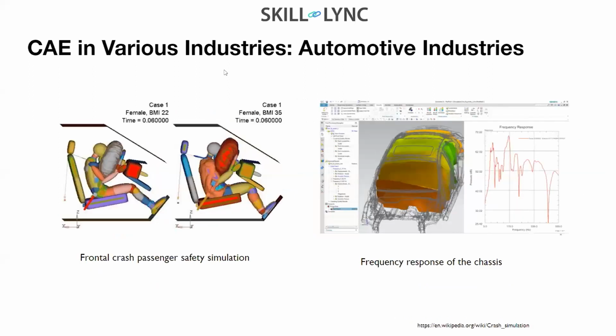Then CAE in various industries, like in automotive industries: where exactly is it used? It is used mainly for crashworthiness. What are we doing in crashworthiness? Suppose a car body is crashing. If you have the basics of engineering mechanics, you can easily understand what happens if you make the basic outer structure of your automotive simply rigid. By the basic principle of law of conservation of energy, once the crash is happening, what will exactly happen? That energy will not be dissipated,